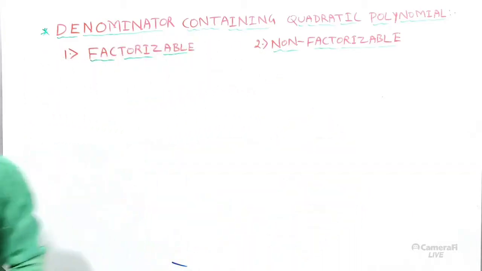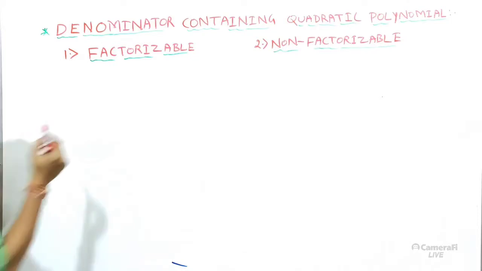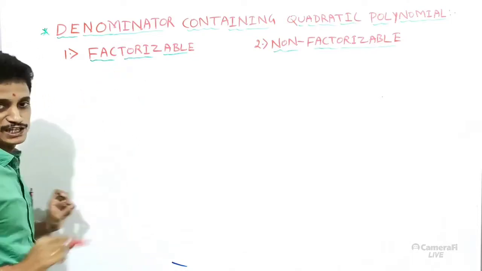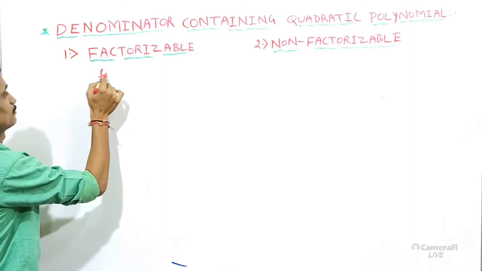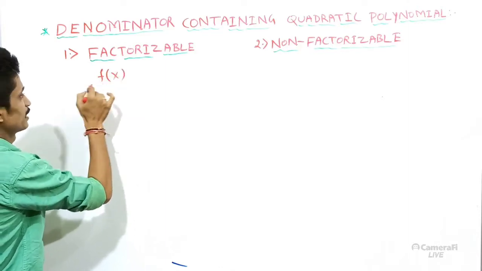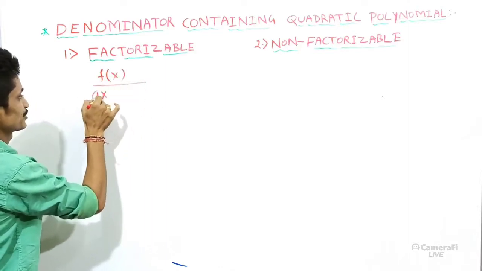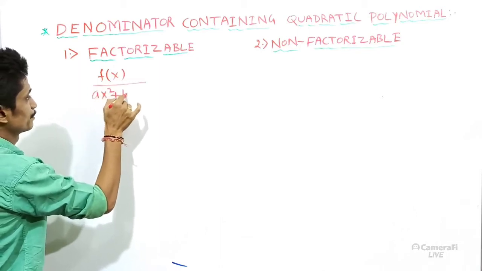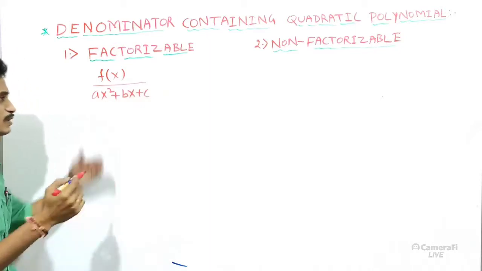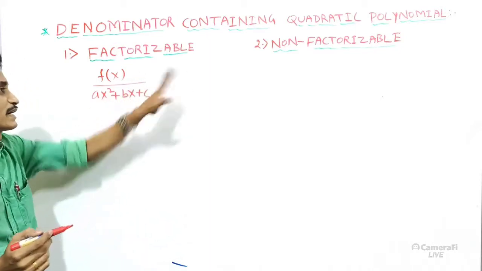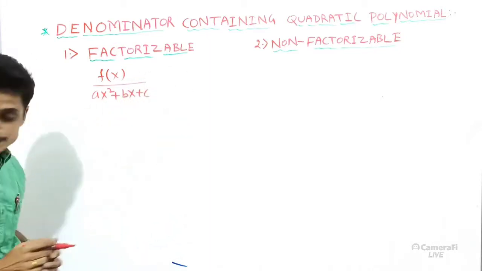I will take the first type, that is a factorizable quadratic polynomial in this form, f of x divided by ax square plus bx plus c. Clear? What factors will we get? According to the factors we have to split it. Example: